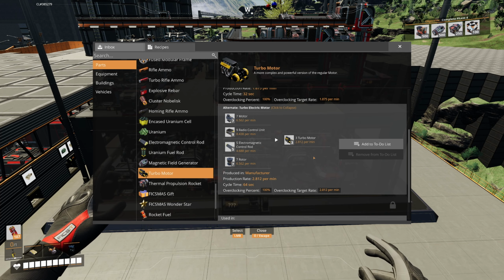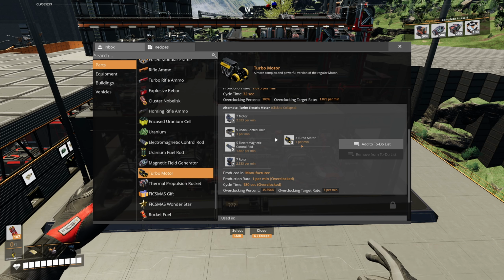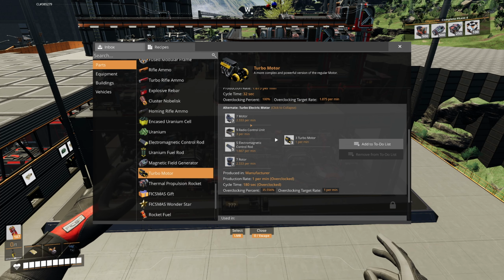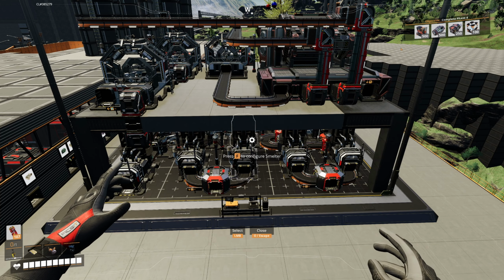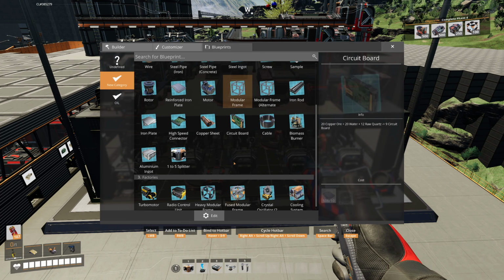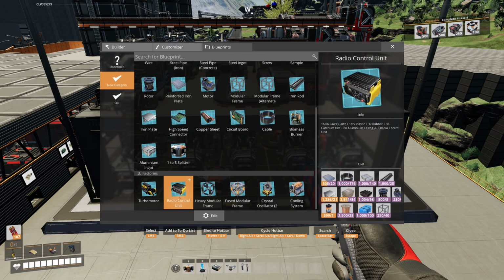And along with that, this produces a lot more. So what I needed was just one. So I just underclocked this to one, and this gave me a perfect 3 radio control units in its recipe. And that was perfect because I already have a blueprint for that. So if I come here, I already have a blueprint with radio control units, which gives me 3